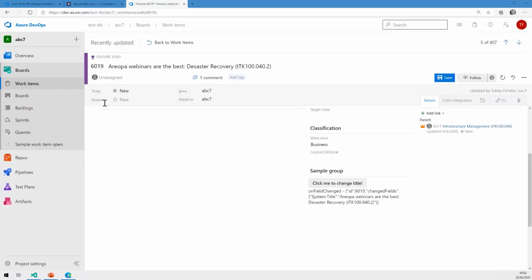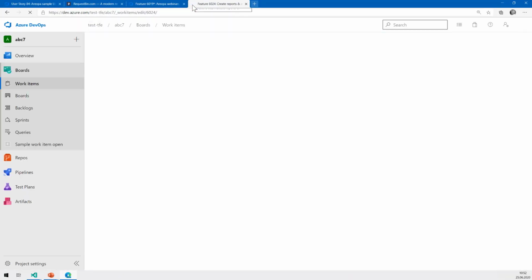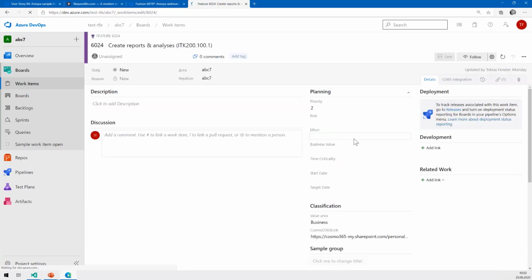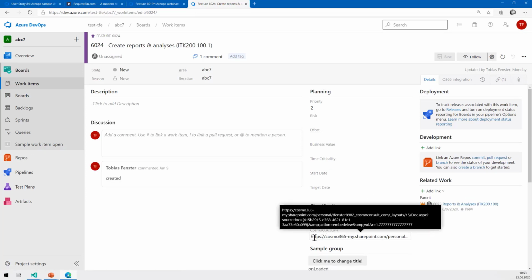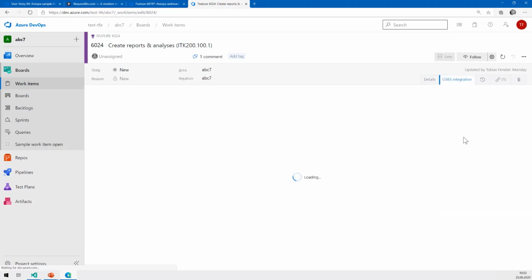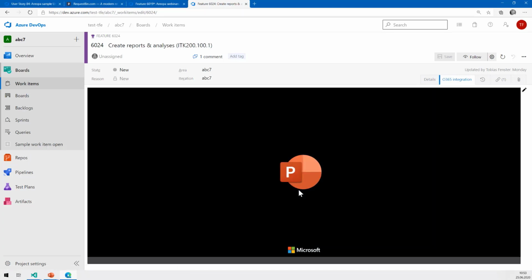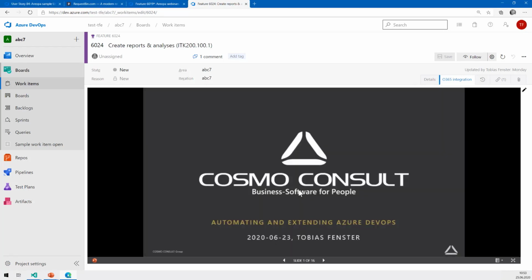The last thing that I want to show you about extensions is the sample that we are using to integrate Office 365. So if I go here in one of the work items in the same project as well, we use this to add concept information. So we have a link to a file that is somewhere in SharePoint, so in Office 365. And if I click on the integration link here, I immediately get the preview, in that case, of a PowerPoint, but that also could be a Word document, an Excel document, whatever.